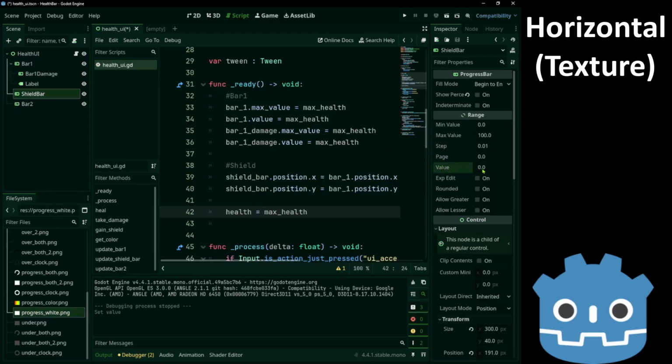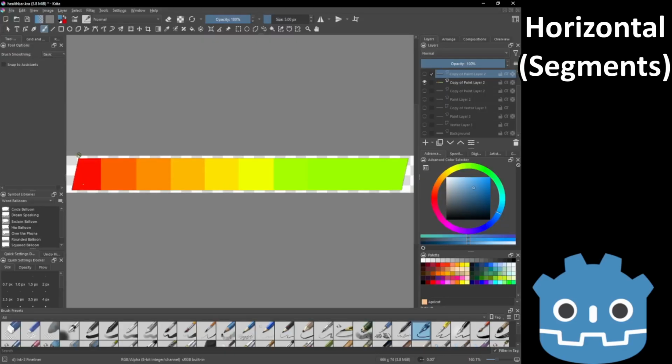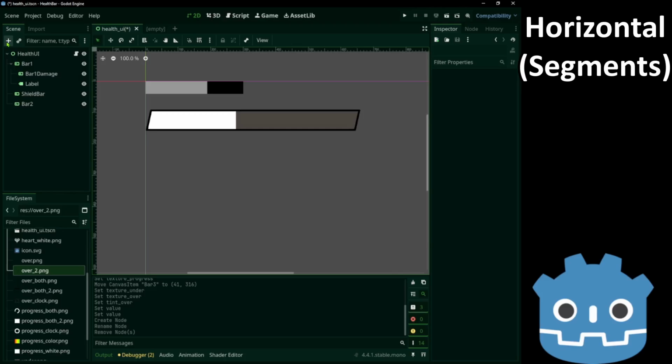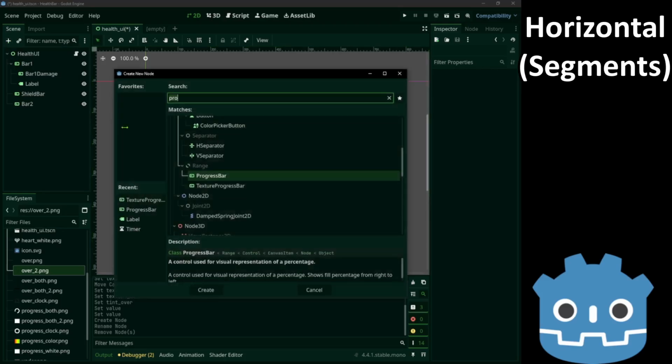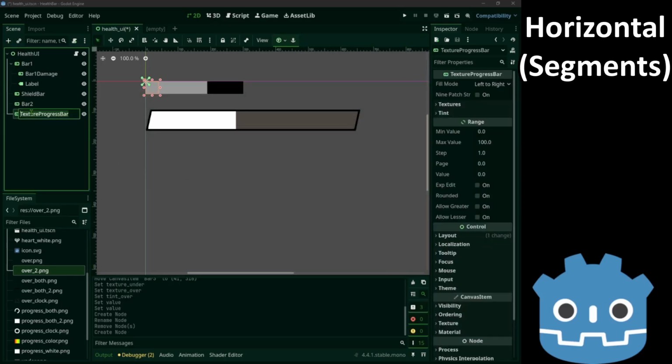Set the shield bar value to 0. And let's move on. This one will look similar to before, but we're going to use segments for the health. So it will look like this. So now we'll see another progress bar. Pick texture progress bar again.